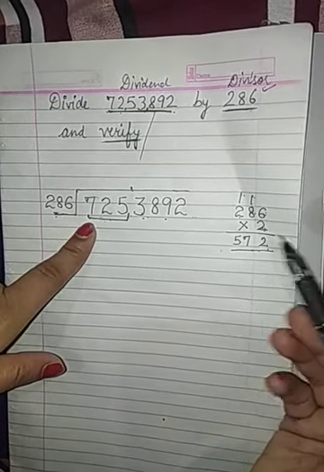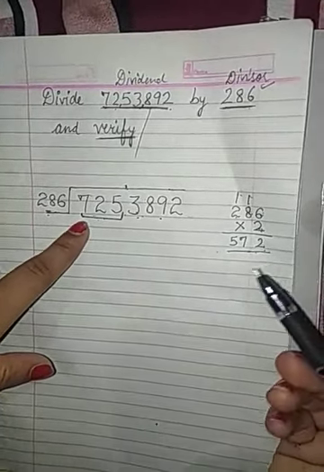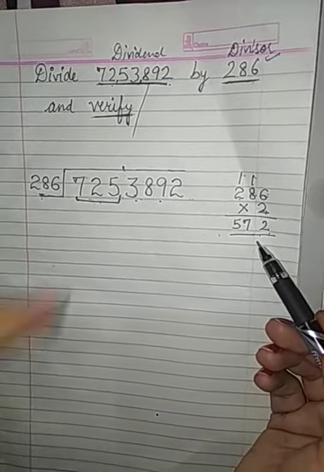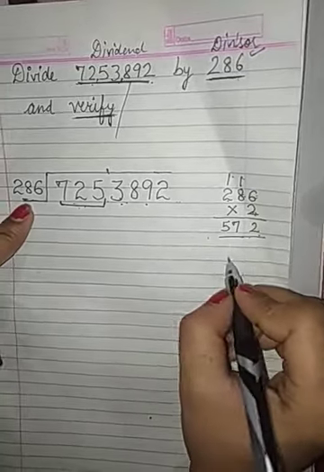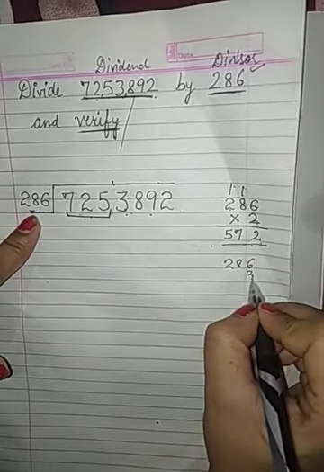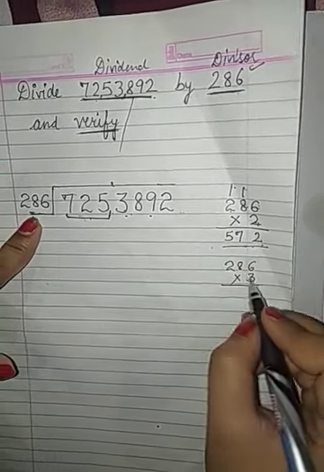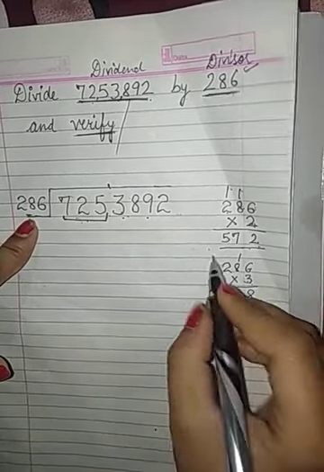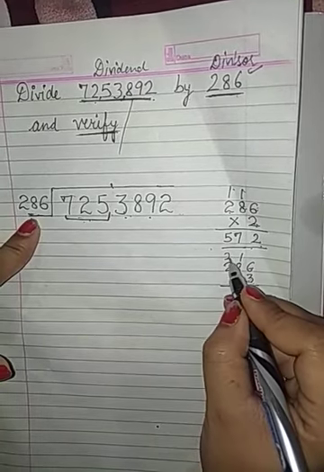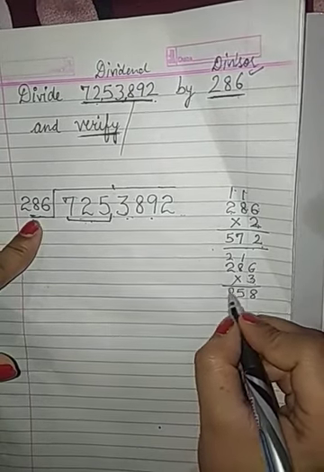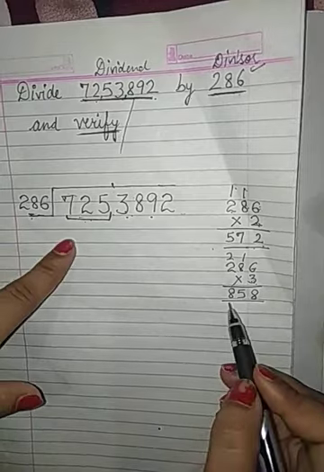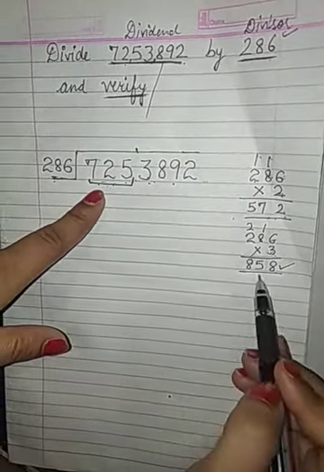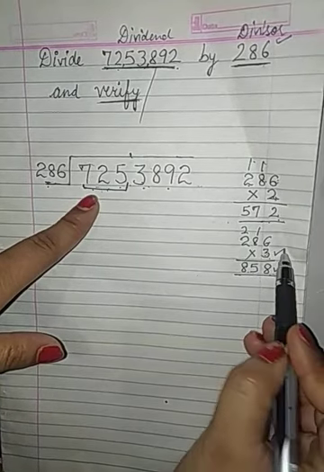So let's take one more number to check whether 725 is coming in the table of 286 or not. So I am multiplying by one more number, that is multiplying by 3. So 3 6s are 18, and 3 8s are 24, plus 1 is 25, 3 2s are 6, plus 2 is 8. Then it is coming 858. As we can see that 725 is smaller than 858, so it will not go with 3,